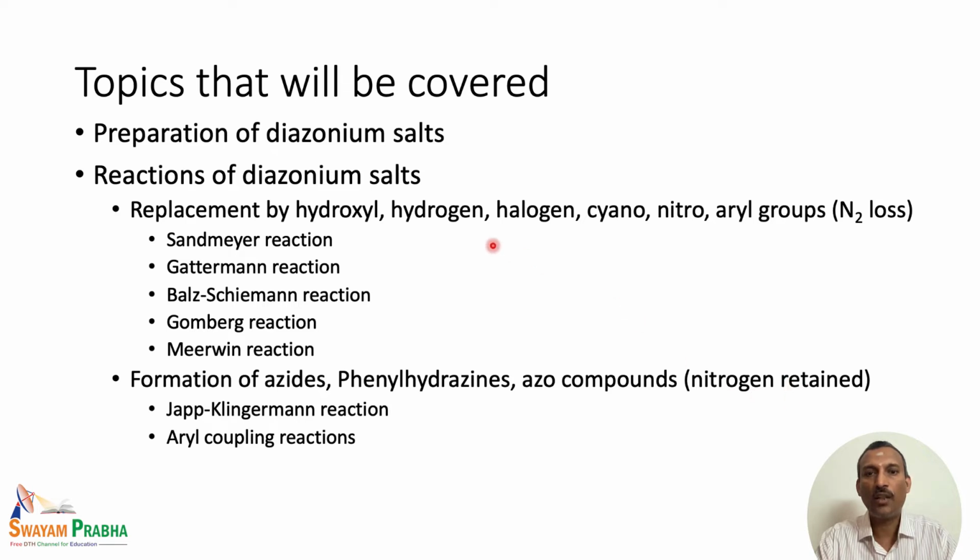Under the category of nitrogen is lost, we will be looking at the reactions of replacement of diazonium group by hydroxyl unit, hydrogen, halogen, cyano group, nitro group or aryl groups. These are all the various replacement reactions we will study. Some of the named reactions that we will cover include Sandmeyer reaction, Gattermann reaction, Balz-Schiemann reaction, Gomberg reaction and Meerwein